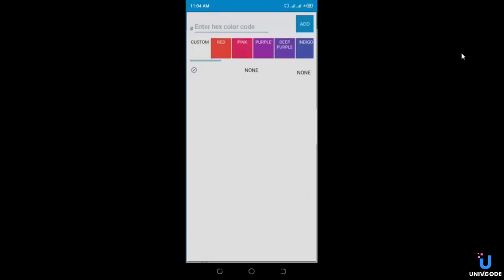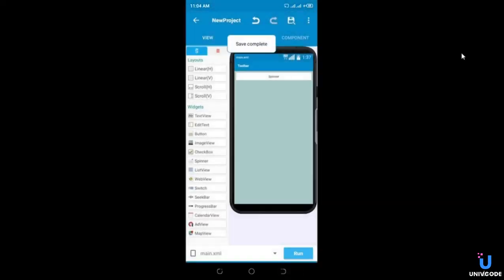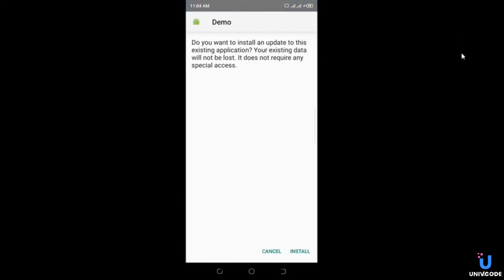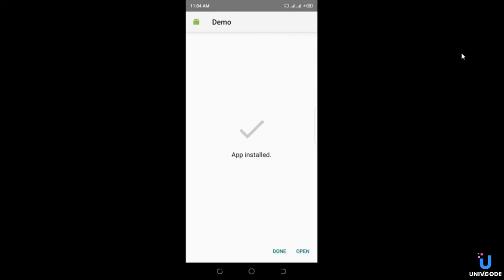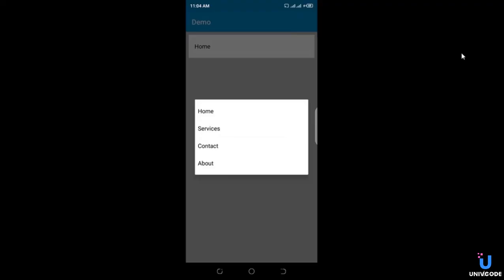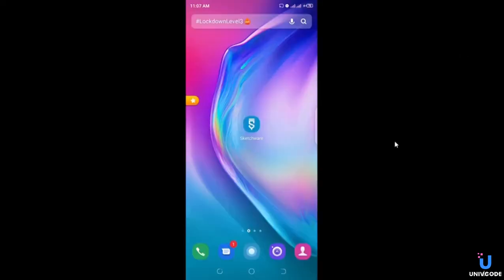Okay, now we are going to set the spinner, instead of drop down, let's make it dialog so you can see the difference. So let's give it a color white. So let's save the project and let's run. So guys, okay, now it's installed, and let's open it. Then you can see the